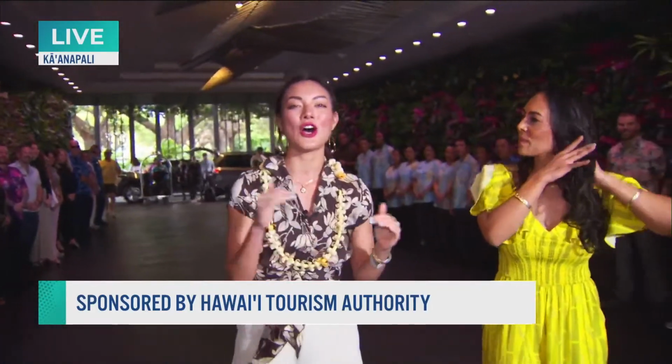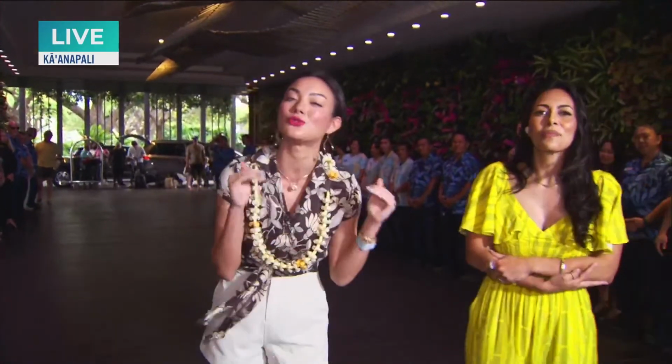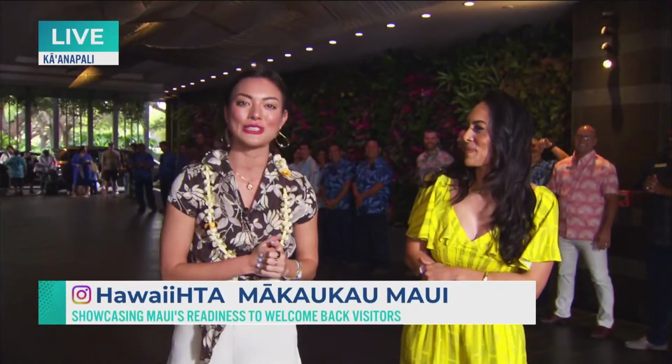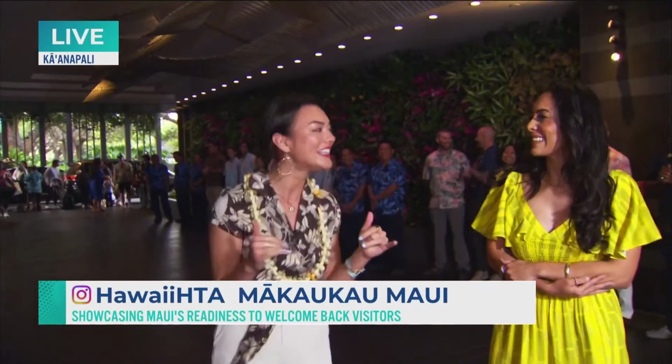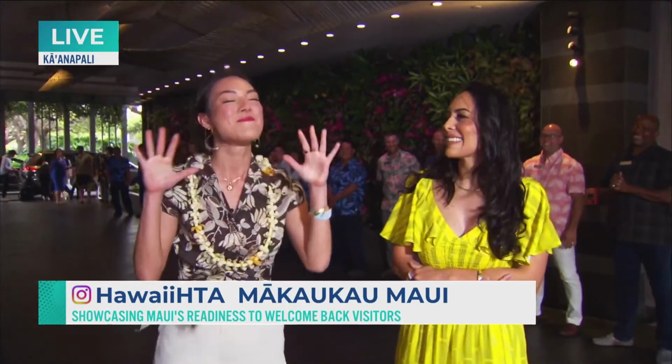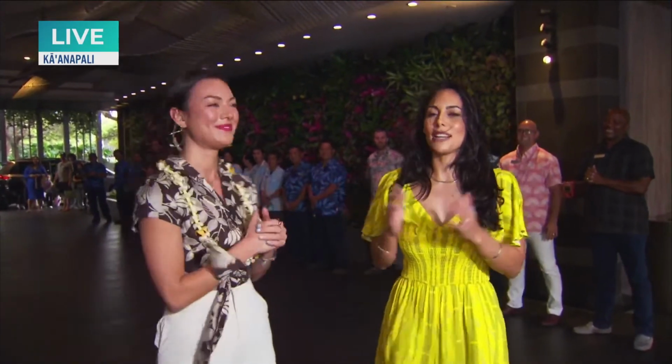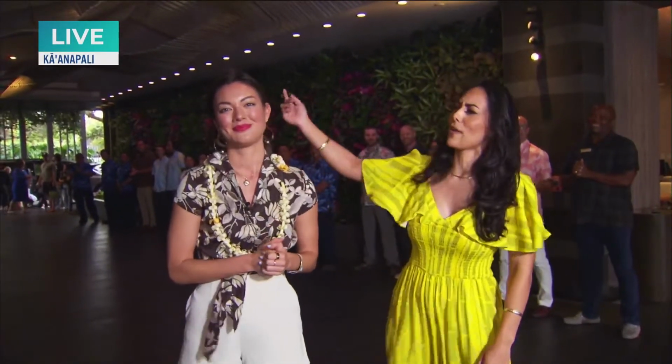You can tell that the heart and soul of Maui is right here at the Westin. Everybody puts so much aloha, so much love and care into what they do, and you can feel it in this space. It's been magical. It really has been. These guys behind us, they're all like ohana. I mean, from celebrating the GM over here, his birthday, happy birthday, Josh. Celebrating his birthday, the whole crew,